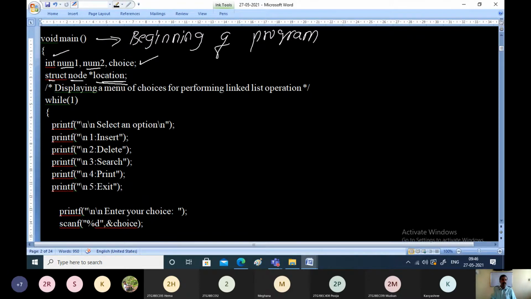So we are declaring a node and labeling it as location. That means location is a variable of type struct node. For this structure type, we are declaring one variable.